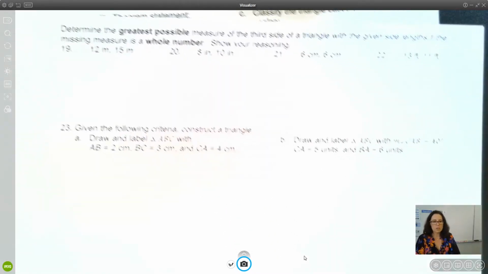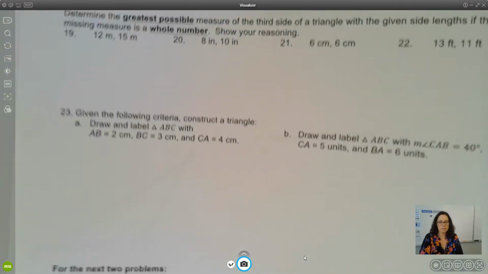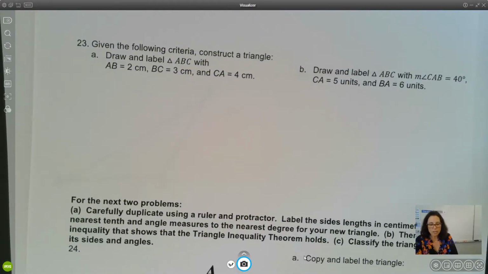All right, we need our tools again for this one. It says, given the following criteria, construct a triangle. Draw and label triangle ABC with AB being 2 centimeters, BC being 3 centimeters, and CA being 4 centimeters. Okay, very important when you are constructing these triangles to be using a pencil because you're going to have to erase and retry. Okay, so I'm going to start with,